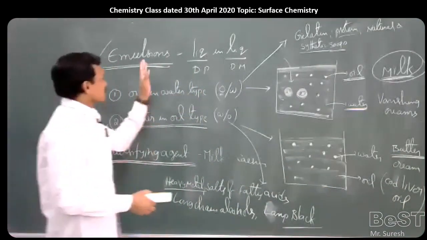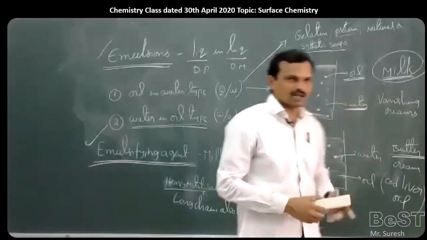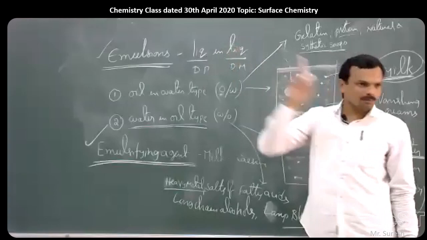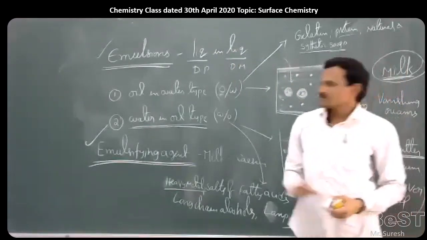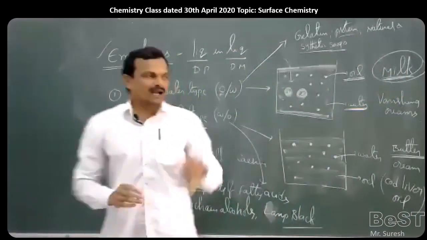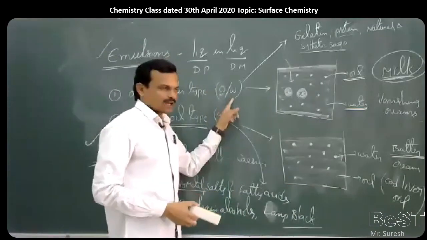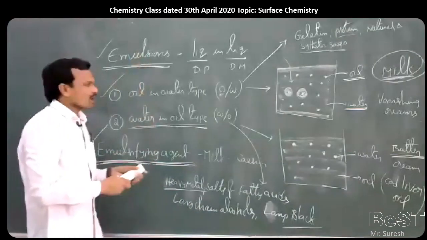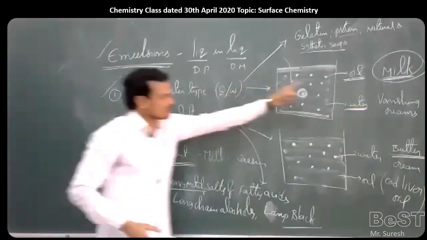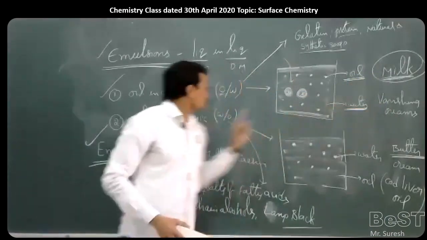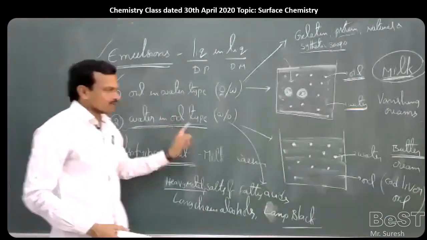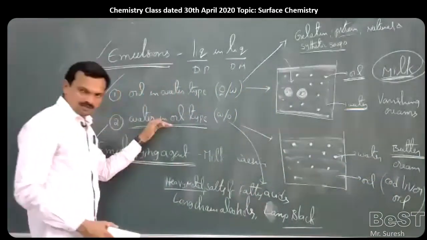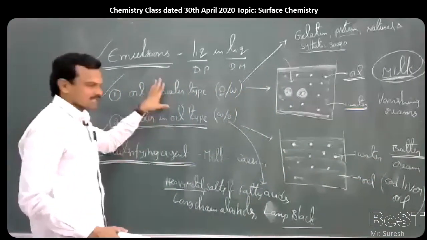Overall, emulsions are colloidal solutions in which a liquid is dispersed in another liquid. These two liquids must be immiscible or partially soluble. Generally, out of these, one is water and the second one is considered as oil. Depending on the method of dispersion, these are classified into two types: oil dispersed in water, for example milk and vanishing cream; water dispersed in oil, for example butter, cream, cod liver oil. These are the two types of emulsions, but these emulsions are generally less stable.